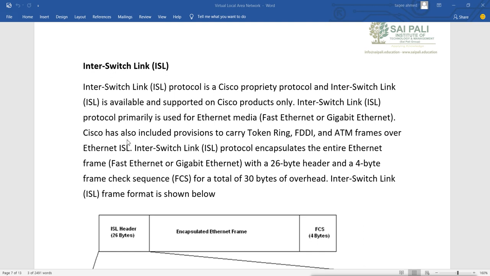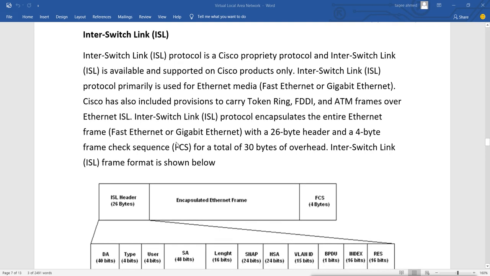Cisco has also included a provision to carry Token Ring, FDDI and ATM frames over Ethernet ISL. This ISL protocol encapsulates the entire Ethernet frame, that is Fast Ethernet or Gigabit Ethernet, with a 26 byte header and a 4 byte frame checksum, that is FCS, for a total of 30 bytes of overhead. This ISL frame format is shown below.